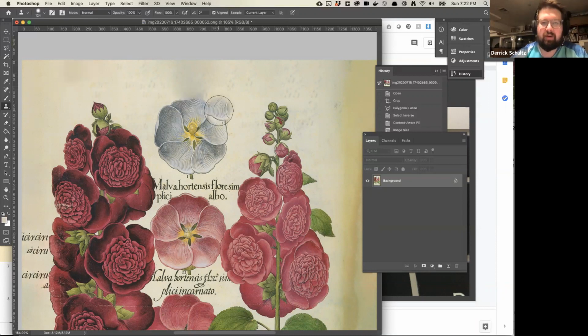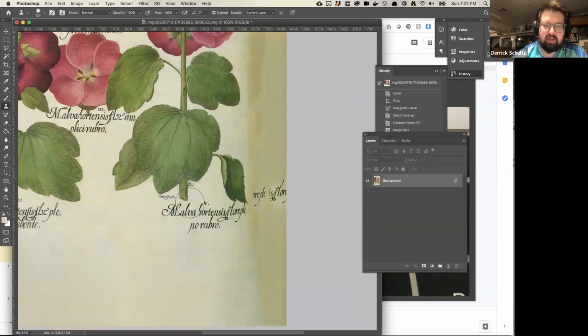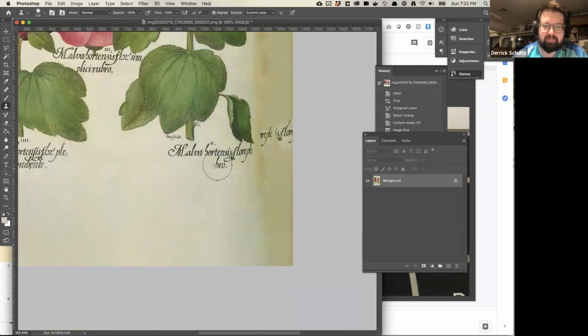So again, I would spend a lot more time doing this work, but you can go ahead and just eliminate some of the paper texture here. And you'll see it's going to get a little messy. We'll have to figure that out. But it's a nice way to remove some area. Now this works in an area where you have a clear thing that you're trying to remove.